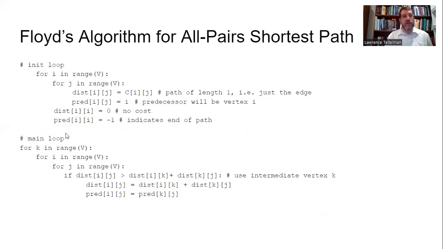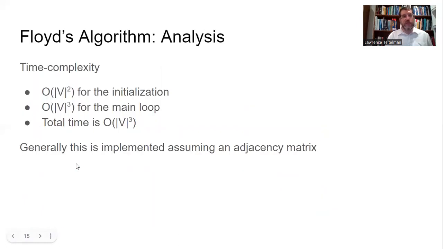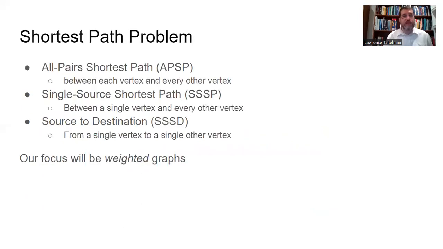This loop is 3 loops inside each other, so that's going to be v cubed. And if we look at the total time is v cubed. Okay, the space complexity of this is v squared. Okay, so now we get to shortest path problems more generally, and we can break them down into 3 different